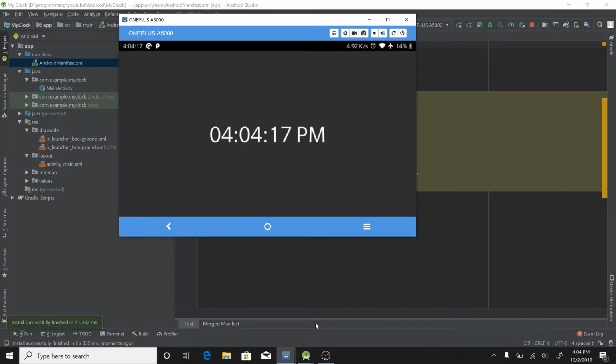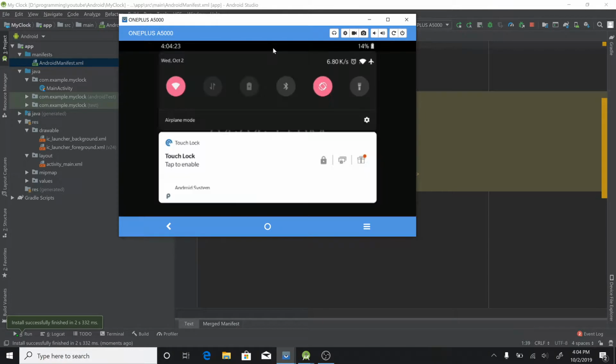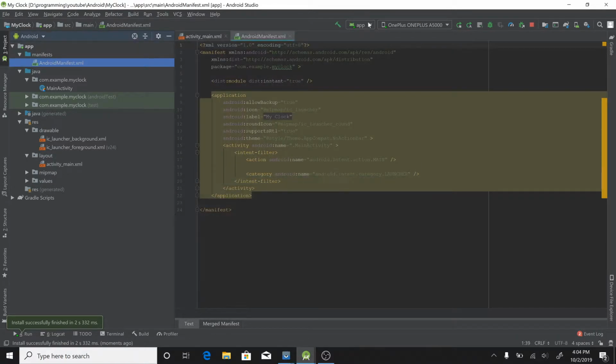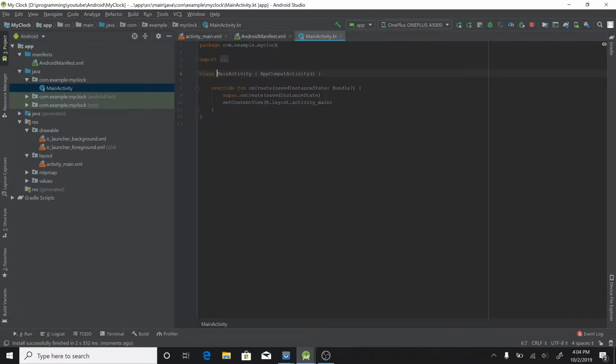And as you can see, I have changed it and that particular thing is kind of gone. But again, I want to get rid of this bar also, the notification thing. I don't need it actually. So what are we going to do for it? We're going to go to main activity, and we're going to come over here,